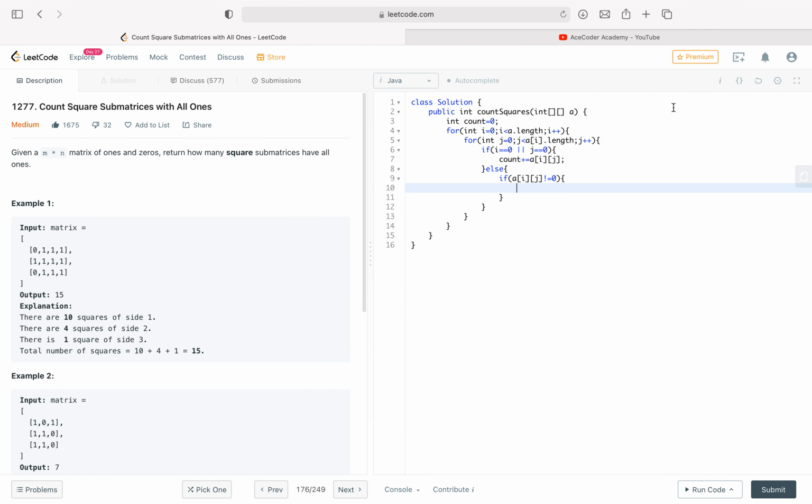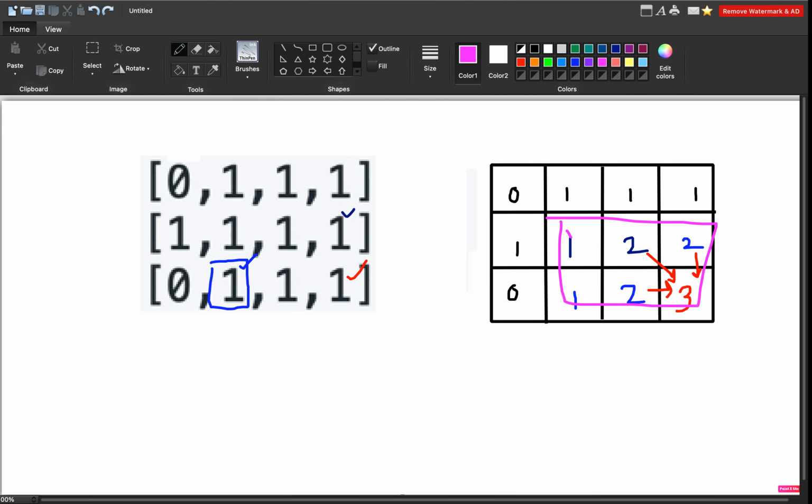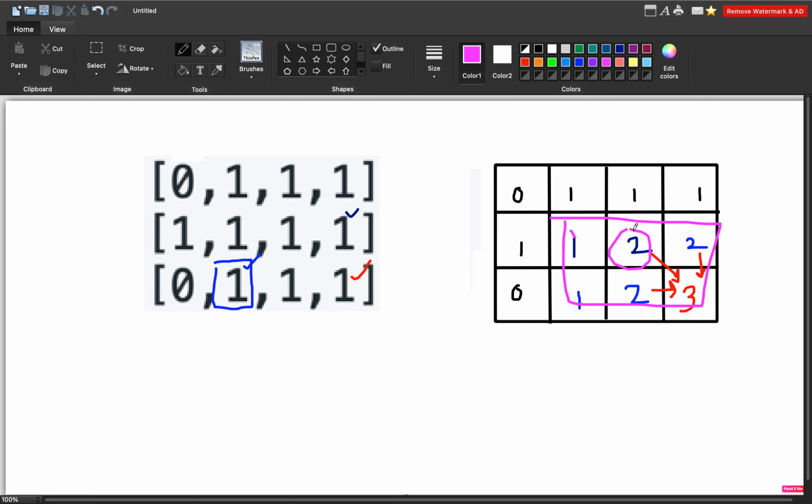So a[i][j] is equal to Math.min of a[i-1] of the previous row and the same column, and Math.min of the previous row and previous column, basically in this direction. If I am at this index, I will check this index and this index. So it is i-1 and same j, here i-1, j-1, and here i, j-1.